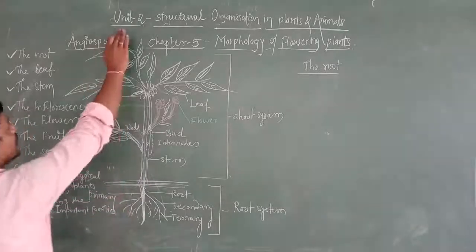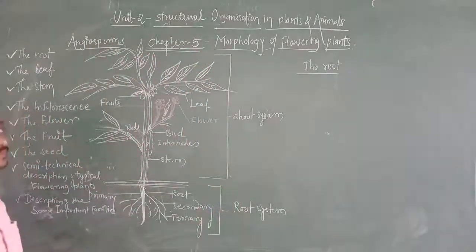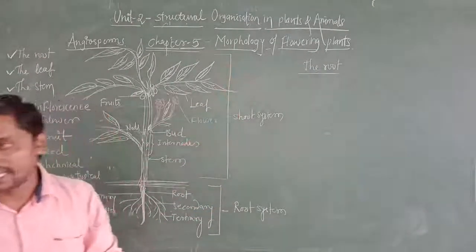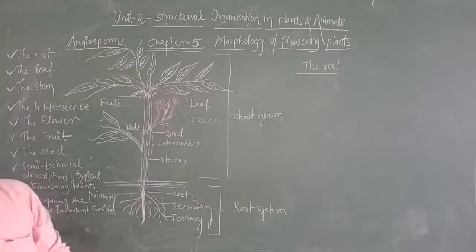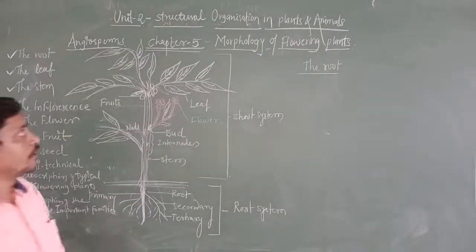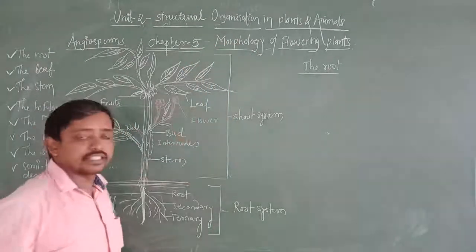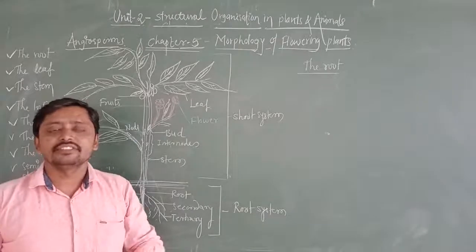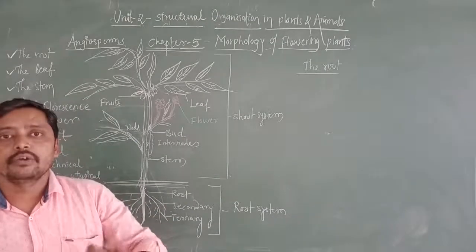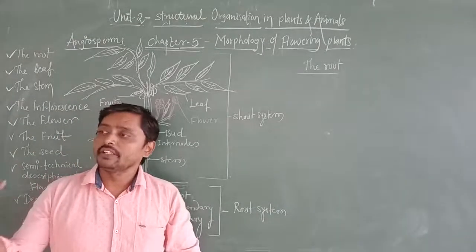In this second unit, today we are going to start with Chapter 5, named Morphology of Flowering Plants. Before starting, I would like to tell you the definition of morphology. Morphology means the external appearance of plants as well as animals. When we look at a plant or an animal, whatever external appearance is there,